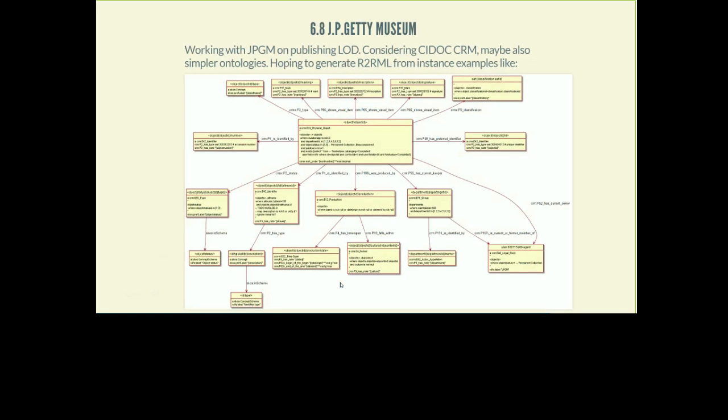Okay, final few slides of Ontotext objects. Currently working with the Getty Museum, and we're considering CIDOC CRM, but maybe we'll also look at simpler ontologies. Of course, you cannot read this, but this is an example of the central thing in the system, a work of art. And here are little pieces of queries, and in brackets are field names. So I'm really hopeful that out of this we can generate the actual conversion scripts in the so-called R2RML language.